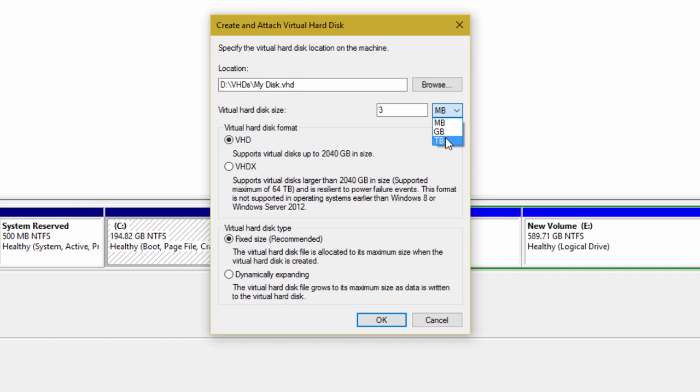terabytes in size. Then you have to choose the virtual hard disk format, where you have two options, VHD and VHDX. A VHD disk can be a maximum of 2 TB, or you can say 2040 GB in size, whereas VHDX supports a virtual disk larger than 2 TB and up to a maximum of 64 TB in size. But note that VHDX can only be recognized in Windows 8, Windows Server 2012 and later Windows operating systems like Windows 10. So if you are thinking of creating a virtual disk larger than 2 TB, then go with the